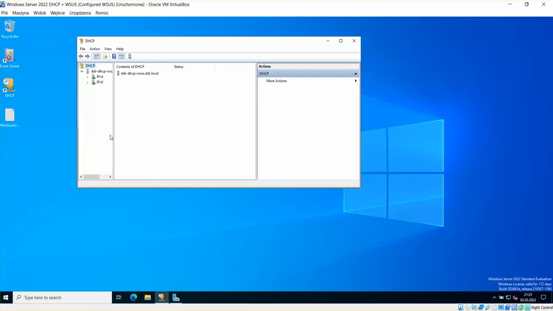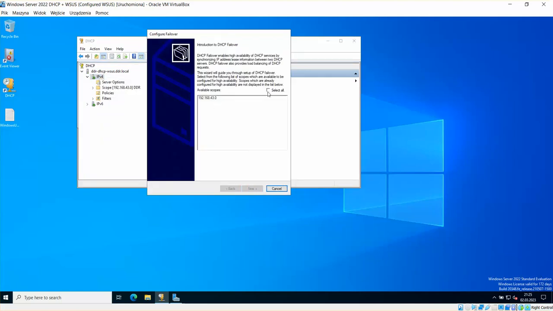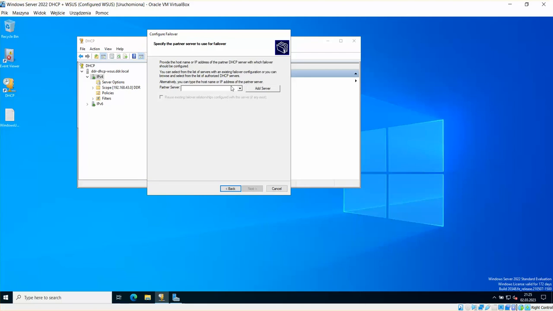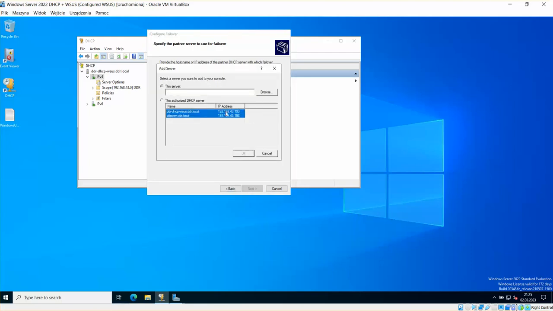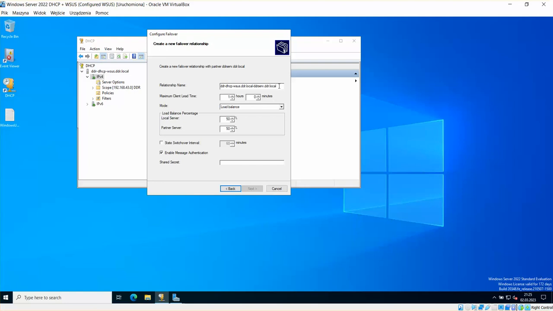So going back to our failover, of course, after the time is set, now we can configure everything. So I'm gonna configure failover. We're choosing our scope. We're gonna add the server. Now we have both servers. When the time is configured the right way, I can just choose the other server as the partner server. And now the most important thing, this is the relationship name that is going to be